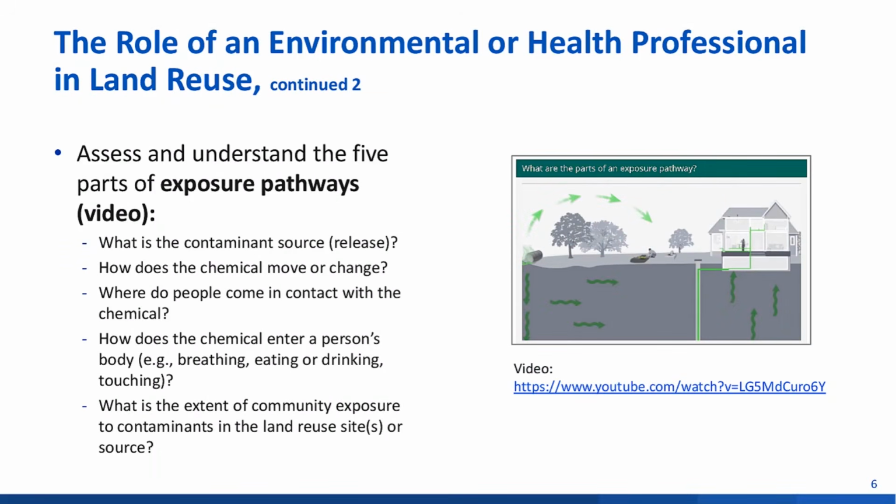Hi, I'm Huda. In our role as environmental or health professionals, we need to assess and understand the 5 parts of exposure pathways. There are 5 elements of the exposure pathway. Each element is evaluated to determine if people could be exposed to site-related contamination. The video link on the right side of the slide explains the 5 parts of an exposure pathway. Take a few minutes to watch the video. It can be viewed at the following closed captioned link: